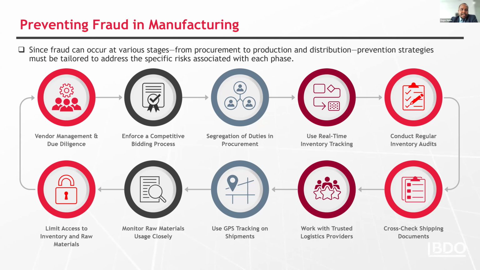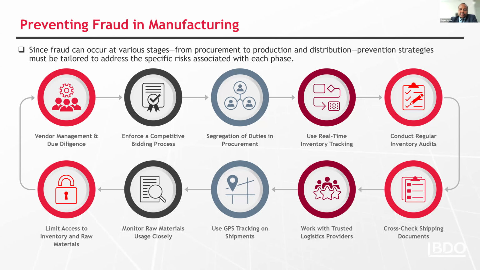The third key method that you can use to minimize the risk of procurement fraud is the segregation of duties, as we've talked about before. In procurement, it's very crucial that no single person has control over too many aspects of procurement. So make sure that one employee is responsible for selecting vendors, another one for approving contracts, and then you can even have an entirely separate team for making payments. By splitting up these tasks, you make it much harder for anyone to individually manipulate the system for their own personal gain.